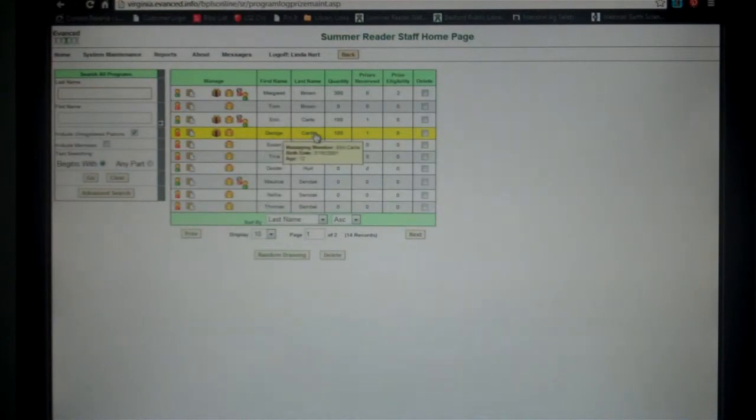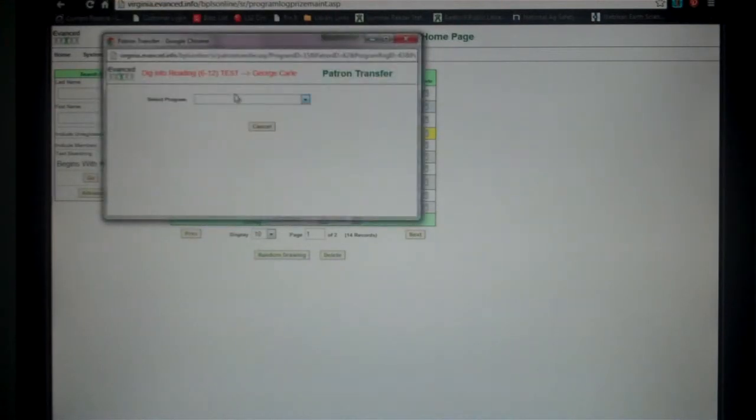So let's look at George Carl here. We set him up earlier, he is 12 years old, and he has decided that instead of doing the 6 to 12, he would rather do the 13 to 18 program. So we're going to transfer him. And in order to transfer, you click on the little briefcase here, and you select to transfer him to the